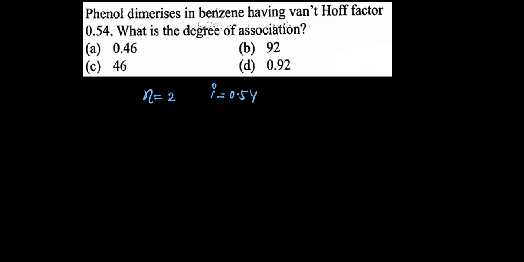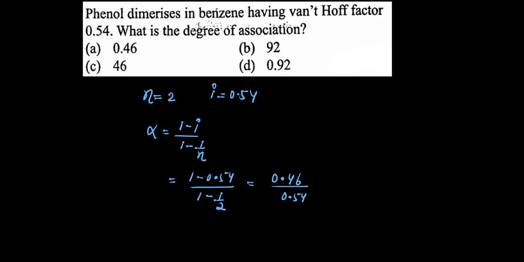तो फॉर्मूला यहाँ पर डायरेक्टली अप्लाई कर सकते हैं: alpha is equal to (1 minus i) upon (1 minus 1 by n). So alpha we have to find. So 1 minus 0.54 divided by 1 minus 1 by 2. तो ये यहाँ पे होगा 1 minus 0.54, 0.46, divided by 0.5, 0.46 divided by 0.5 is equal